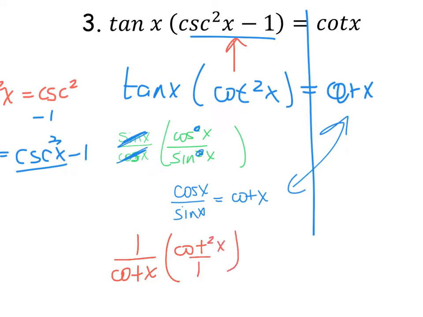So what happens? 1 cancels out, 1 cancels out. I'm left with cotangent of x equals cotangent of x. Same thing. Yes, sir? Could you do it where, for the cotangent squared, you just do 1 over